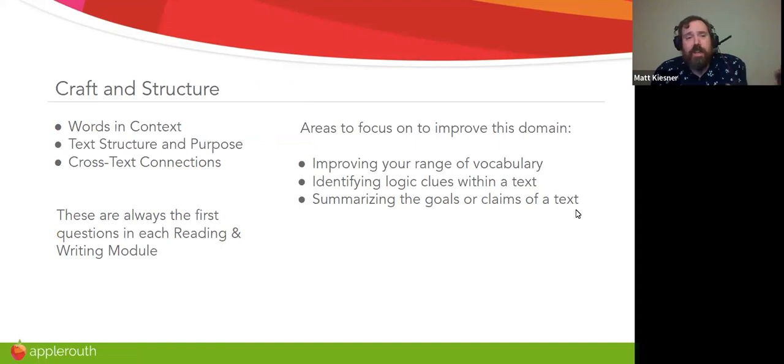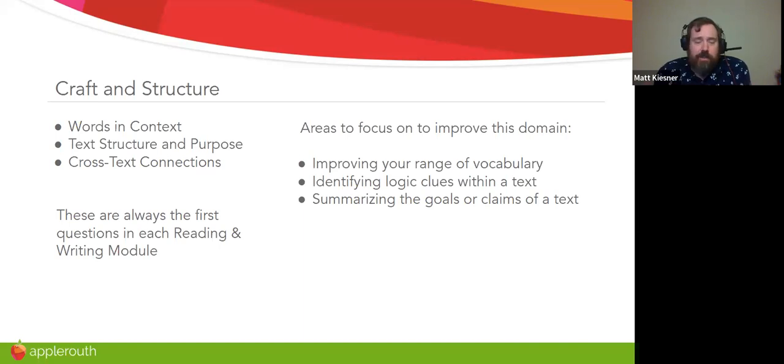We're just going to go in the order of the test. So the first one is craft and structure. These are the first questions on reading and writing modules. It's going to be words and context questions, which involve a blank, and you put the correct vocabulary in there. It's going to be text structure and purpose, which these questions either ask about an underlined sentence, like what is its function, or something like to describe the overall structure of the text. And then it also includes the cross-text connection, which is the one comparison question on the reading and writing